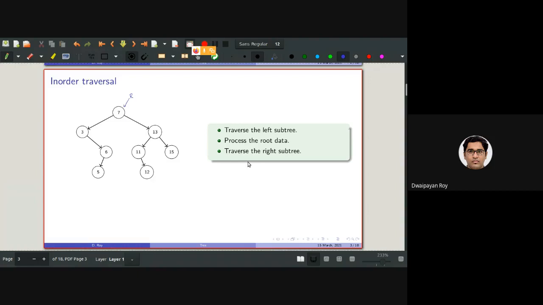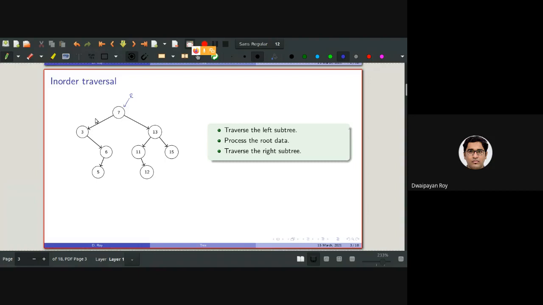So note my words, I am using traversed, processed, and visited. By processing, I mean the data part of that node; for this course, I'll be considering printing the data part as the processing of the data. And by traversal, I'll be specifying visiting as well as processing. And by visiting, I'll just be representing the process of setting the root pointer, or any pointer of BT node type, to that node.